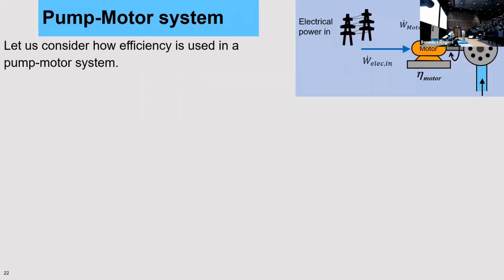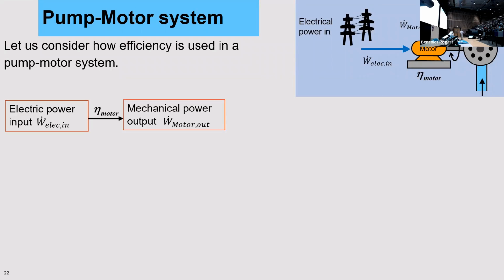So let's consider two systems now that are connected together. We have our pump motor system, and we're going to consider how efficiency is used in the pump motor system. So you can see on the image in the top right, we've got electrical power in, which is going into our motor. Then we get shaft work out of the motor, which ends up being the pump work in, and that moves the fluid. And this motor will have an efficiency, and so will the